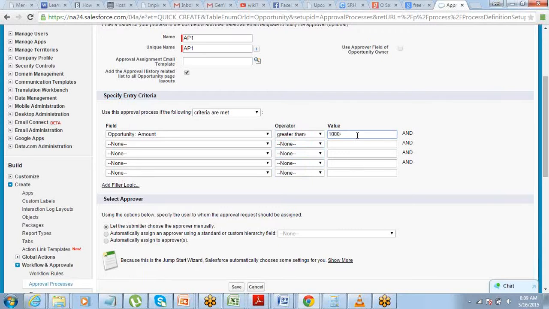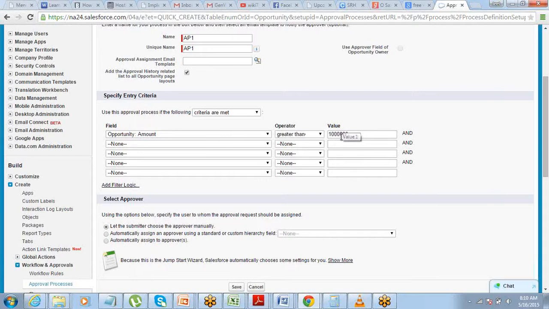However, this is not required. So if you don't have an entry criteria, that's also fine. In that case, all the records will be sent for approval. Okay, but now since I am adding this criteria, only the records with an amount more than 1,000,000 will be sent for approvals.